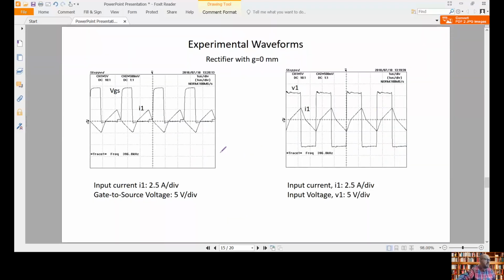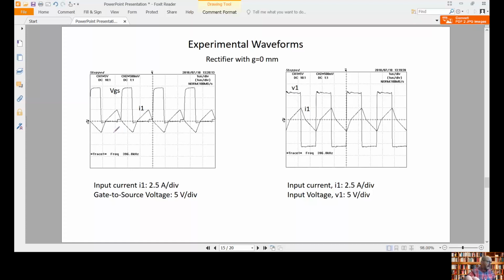These are some experimental waveforms of using the rectifier with no gap, with a gap of 0 millimeters. Okay, so we can see the gate voltage. Again in the gate voltage waveform, we can see that we have no Miller plateaus. So this is an indication